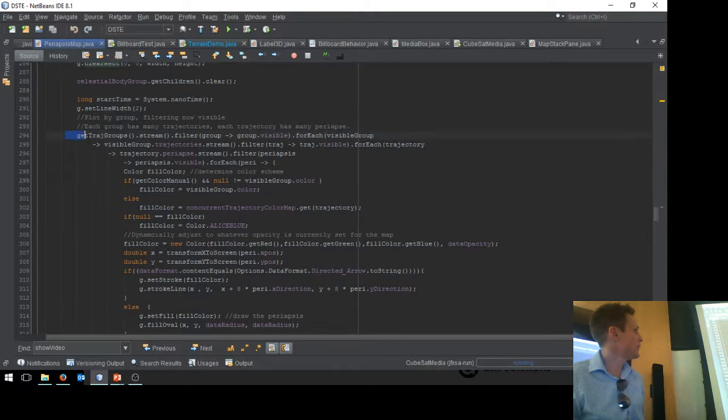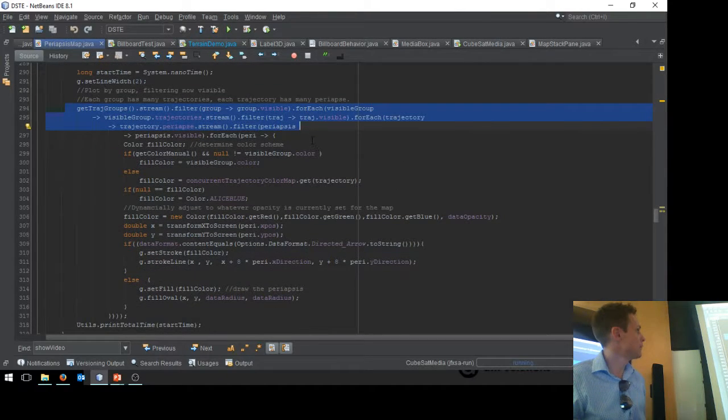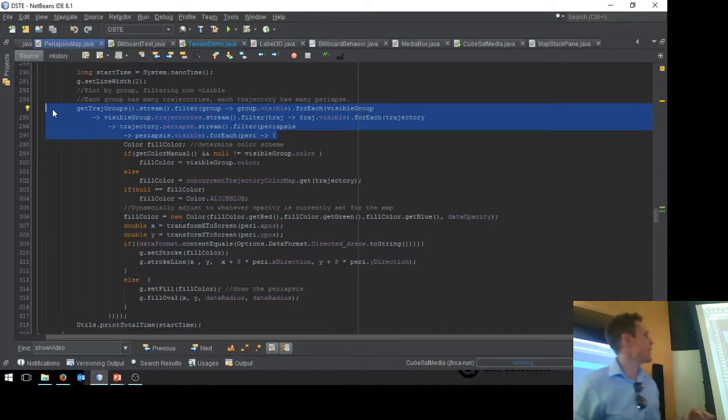Then I go into this. What is this? This is crap. What is this? Oh, I know what this is. This is like streams of all my data. So what I'm doing is I'm using the new stream technology, which I'm not going to explain because that's what Stack Overflow is for. But I go through all my different groups of trajectories and I filter out the ones